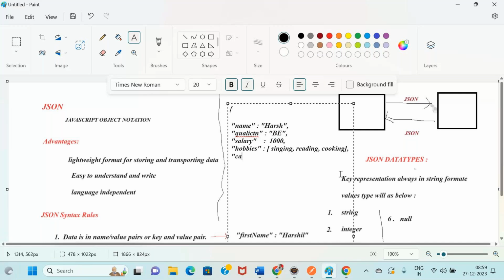Not a proper example, I'm just taking it to represent to you guys. True. This is the last data.